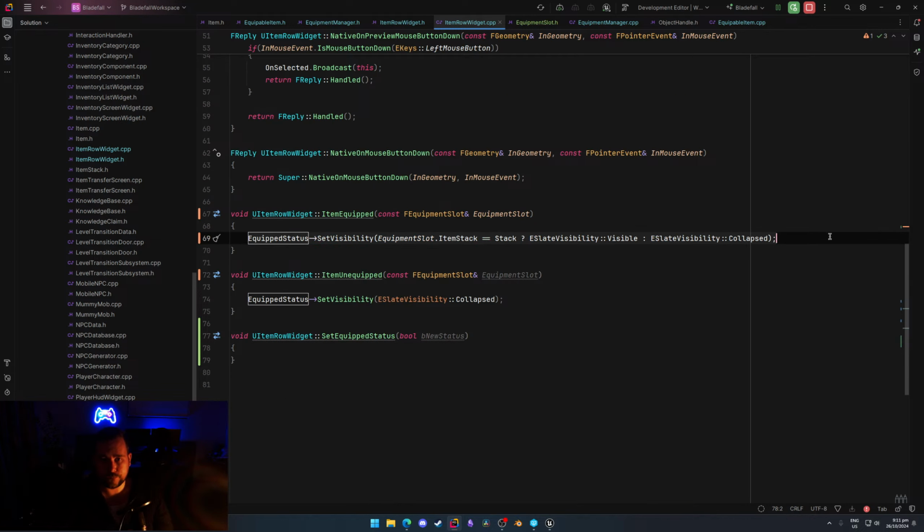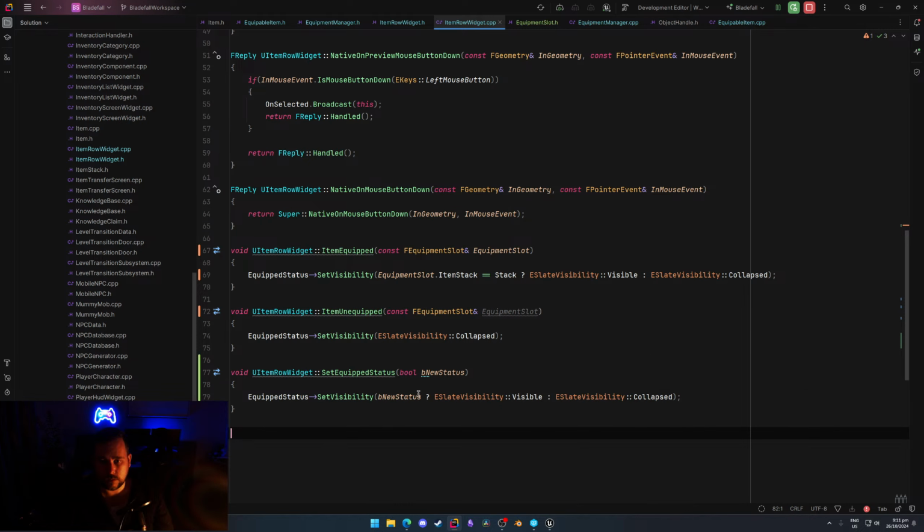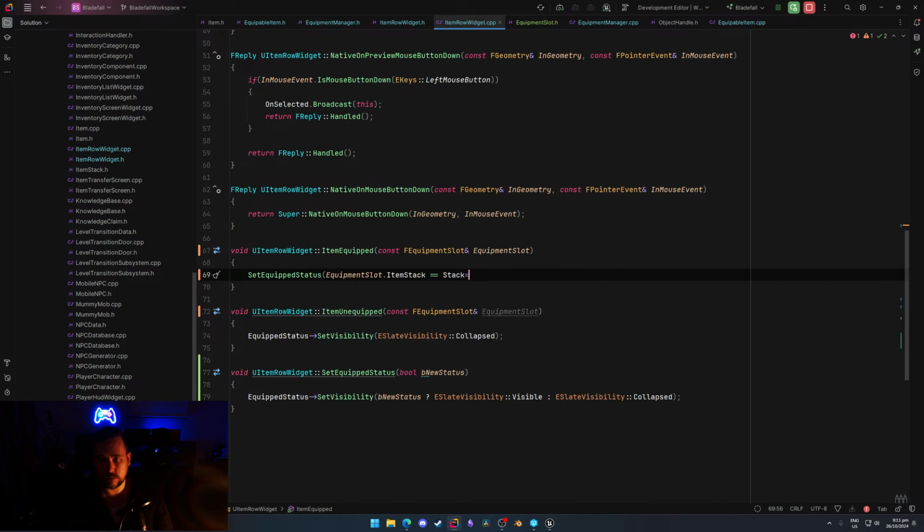Hopefully good. So we just want to do this, but do it based off of this boolean instead. Okay. And now we can just go set equip status based on this. And this will make this code only in one spot, which will be slightly easier to maintain. So when we unequip this item,